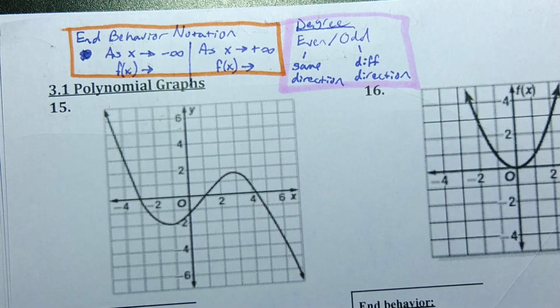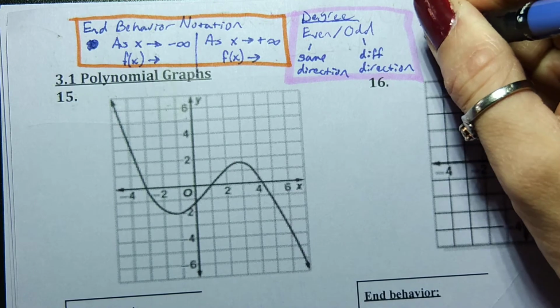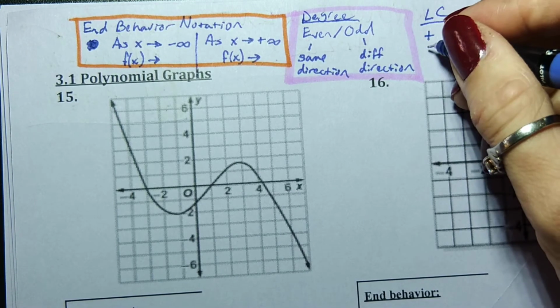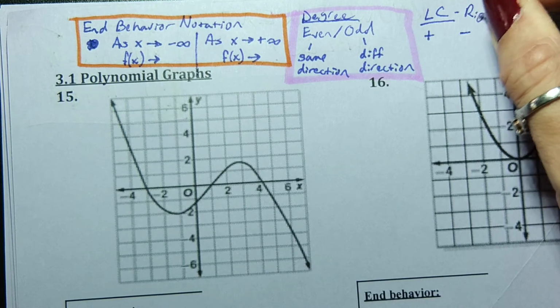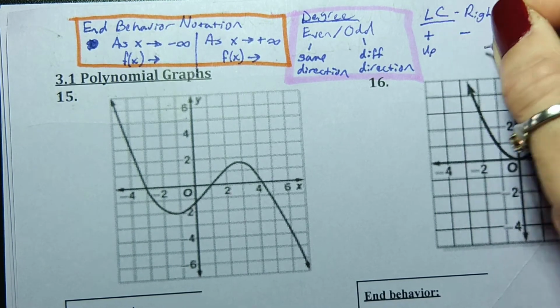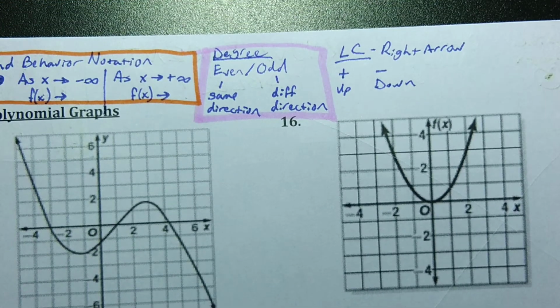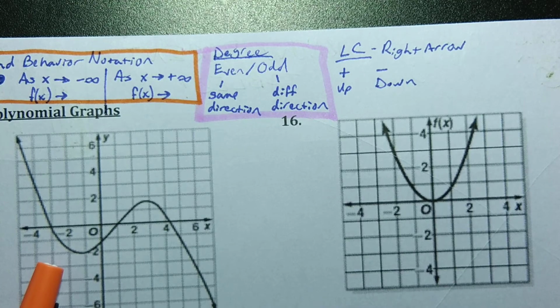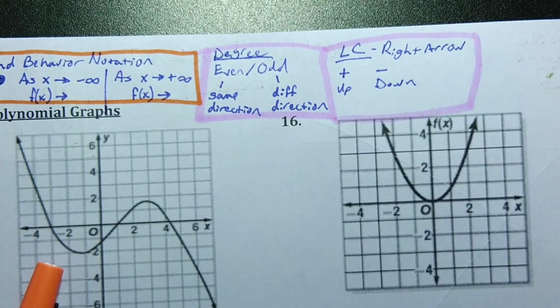Next, the leading coefficient. The leading coefficient can be positive or negative. If it's positive, your right arrow goes up. And if it's negative, your right arrow goes down. So that combination of the degree with the sign of the leading coefficient will tell you the exact end behavior